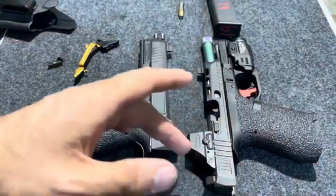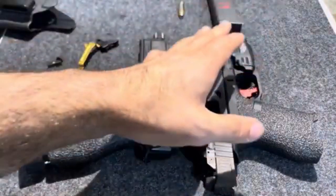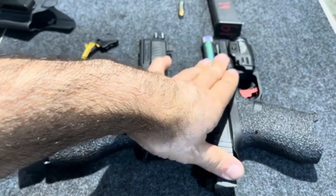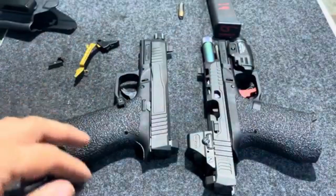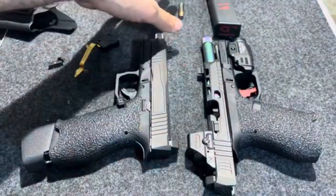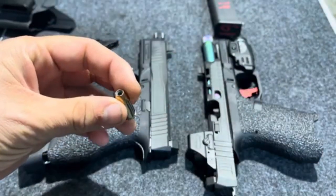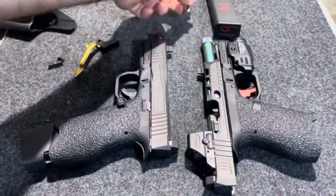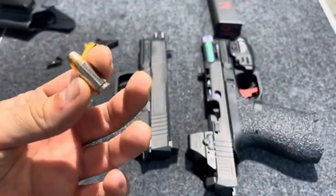After that little hiccup, I dropped the mag, slammed it back in, and I put probably, I want to say, 200 rounds through it without another issue. No other issues whatsoever. When I was done with the 200 rounds of brass, I went through these, which are smaller boxes, so I want to say maybe I put 30 of these hollow points through it. Cycled fine. I cycled these through my M&P 2.0 as well, also about 30